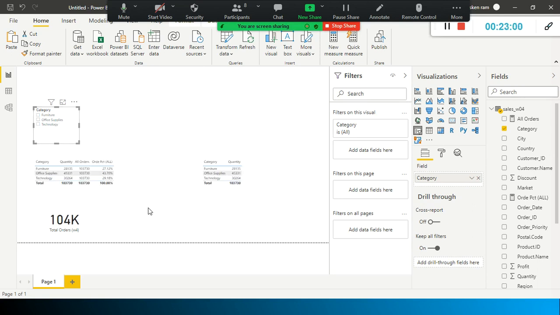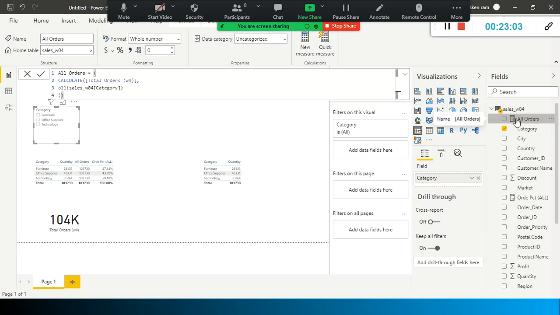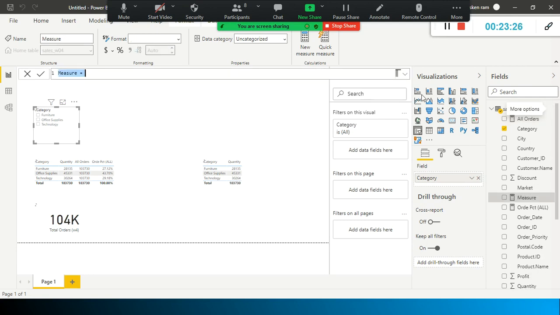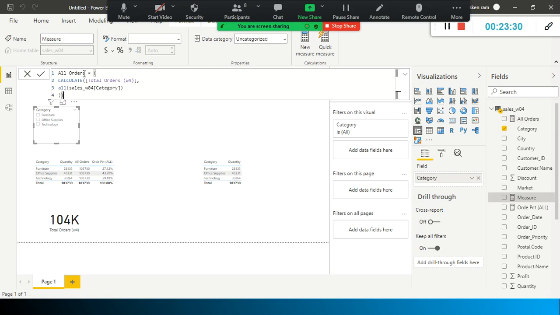So now I am going to clear the filter. One second, we have something else called REMOVEFILTERS. So the ALL function, ALLEXCEPT, and apart from these we have something else called REMOVEFILTERS. REMOVEFILTERS and the ALL function, both of them are the same.